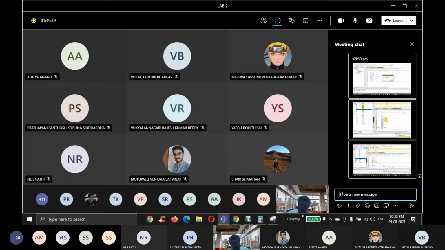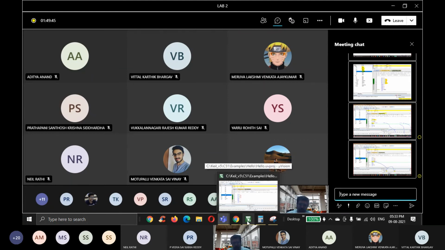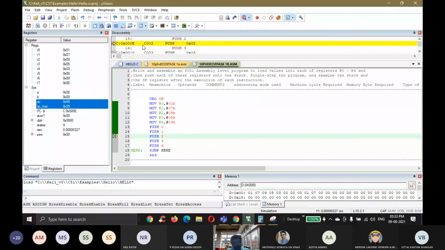Whatever you have to do, I am training you one by one. Understood? So this is the way you can show the outputs. If you click, like this, you have to take it for each and every case. Next value, you can see 9 is loaded. Next value, 5 is loaded. Okay, and then it has completed execution.